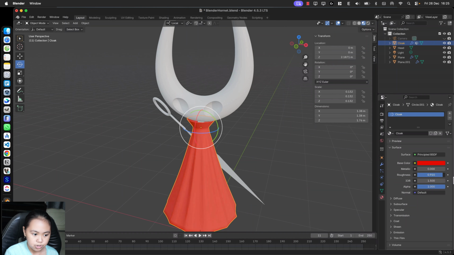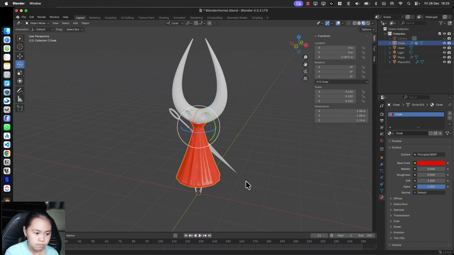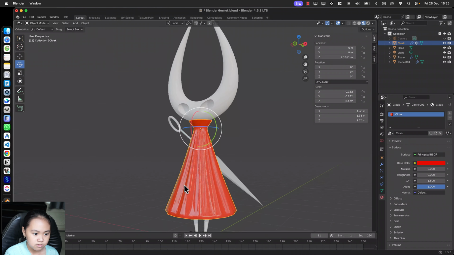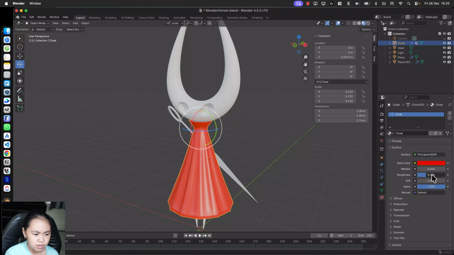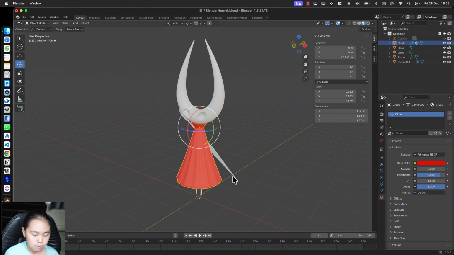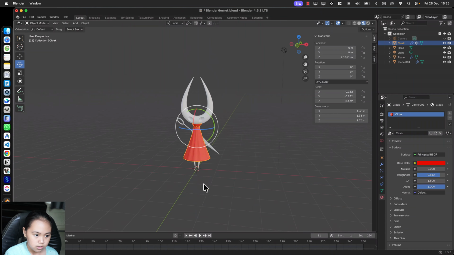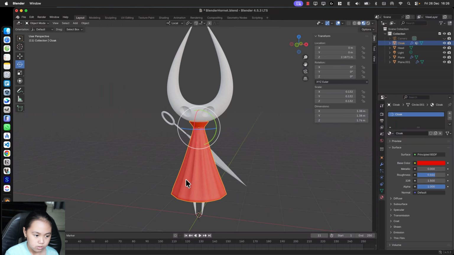Next is the roughness, which basically controls how rough it is, how much light it reflects. If I reduce this all the way to 0, you can see it reflects a lot, and this looks like absolute plastic. But normally plastic will only look something like this, not this. But reducing the roughness all the way down can be helpful for creating glass. So let's change this to something decent. We don't want too much light reflection, because sometimes we're going for a stylized look. So I just don't want to make it too